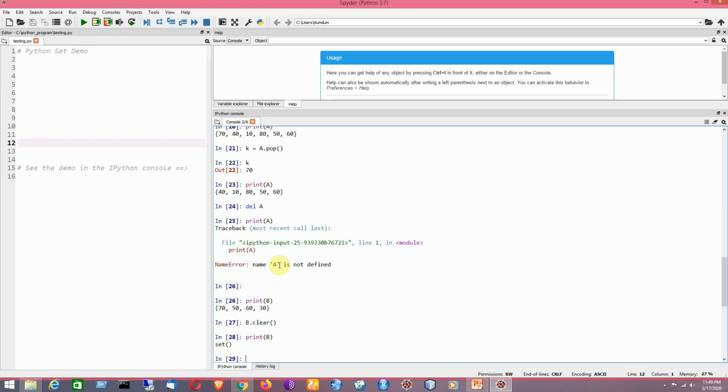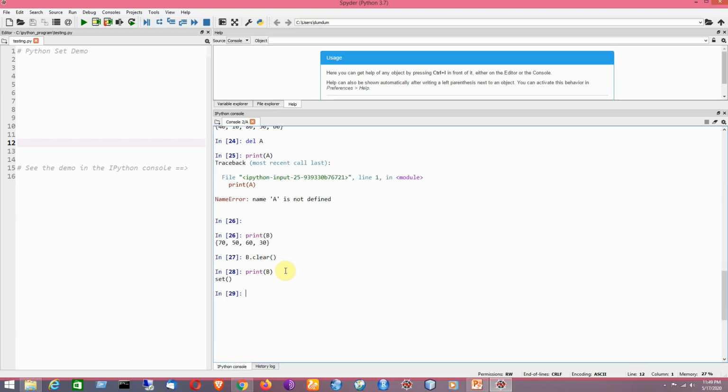Now we are going to apply the different set theoretic operations like union, intersection, set difference, etc. Suppose you have two sets, say A and B. Suppose A has 5 elements in it, 10, 20, 30, 40, 50.